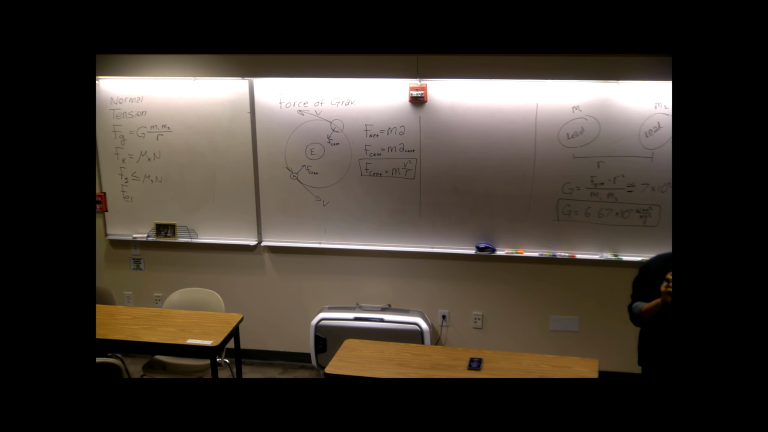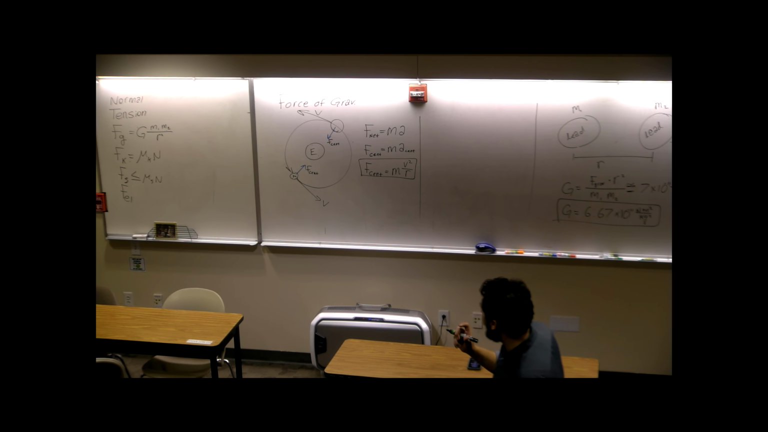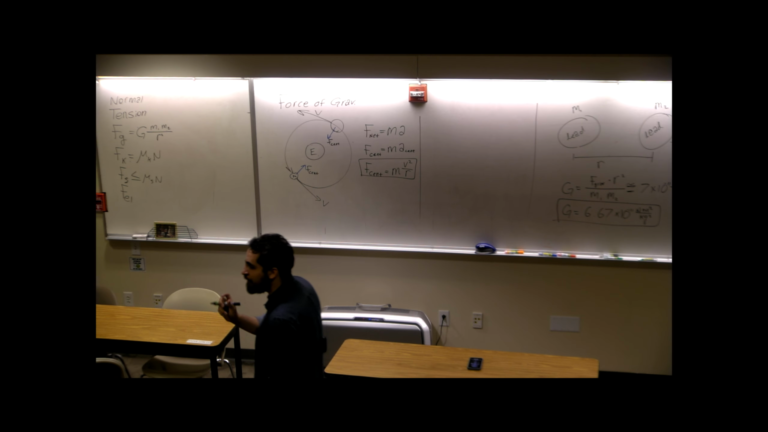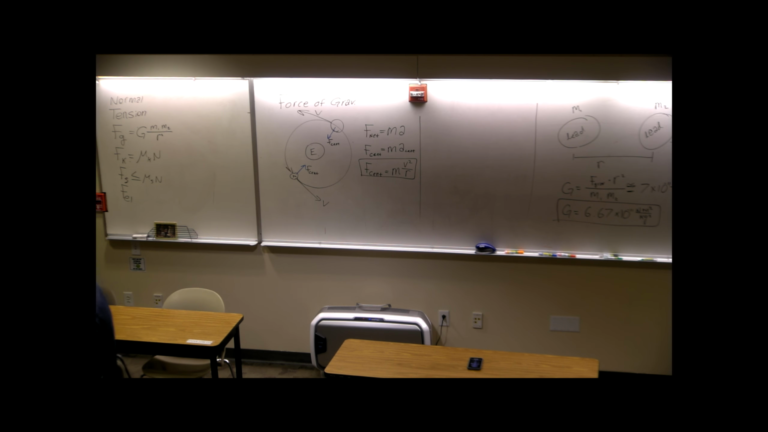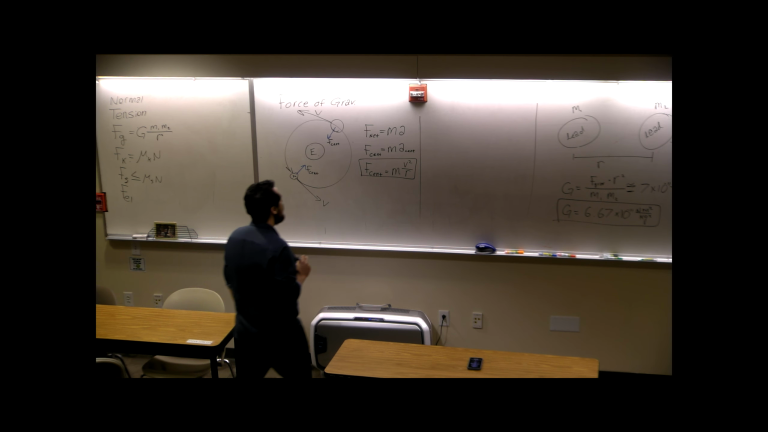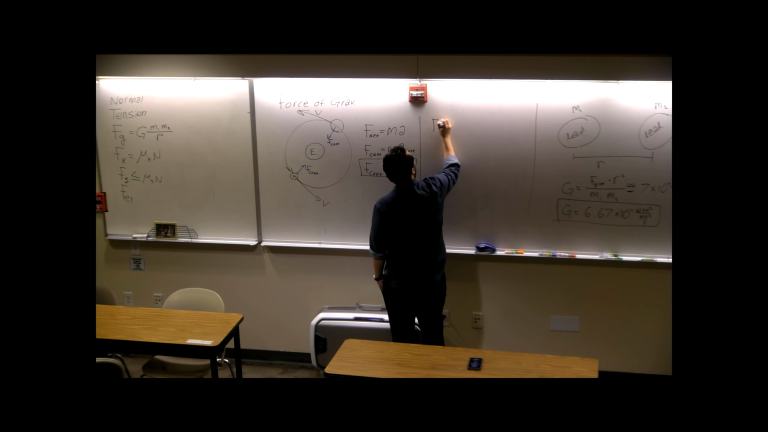So this gives us a basic understanding of the centripetal force. But then we say, okay, well, what is causing this? And again, what is causing this for the Earth and Moon is the gravitational interaction between the Earth and the Moon. So we say, force of gravity